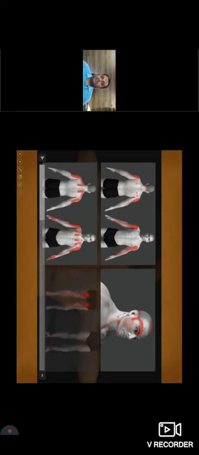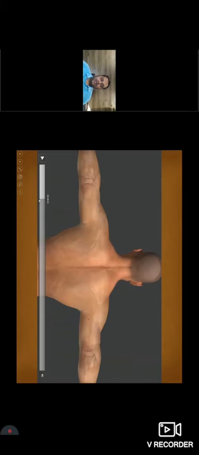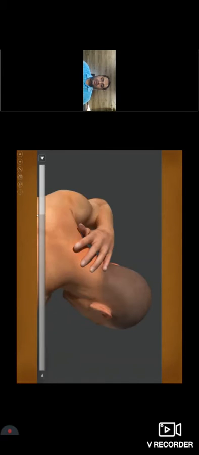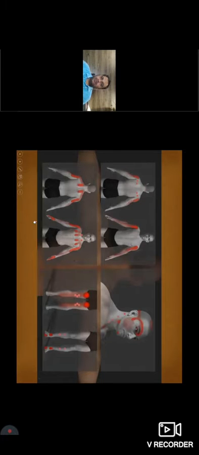So this is the sternocleidomastoid, and you can see how the trigger point refers. After learning about trigger point therapy, it's very difficult, or I must admit that I really don't know what a migraine is, because every